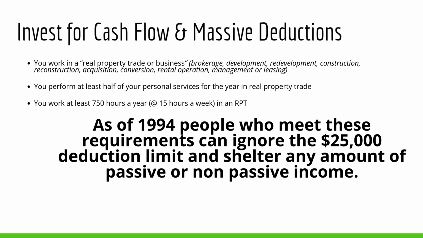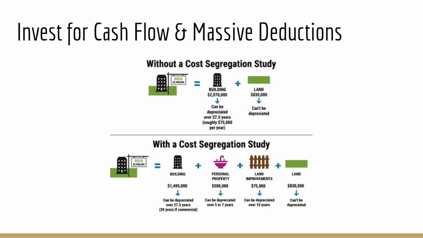Now, it gets better. There's a thing called cost segmentation. We talked a little bit about this on the last call. It predominantly was used within commercial real estate, but it can also be used within residential real estate. We talked about that 27.5 years essentially being an expiration date. Yes. That is an average of the expiration dates of all the different components that make up the improvements to